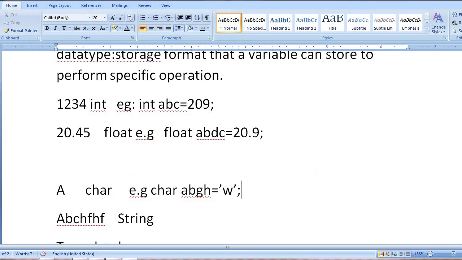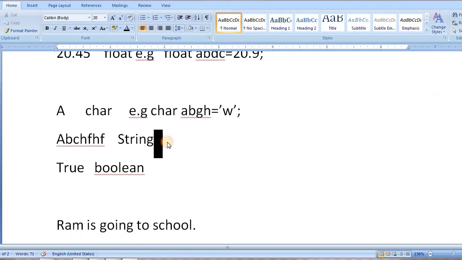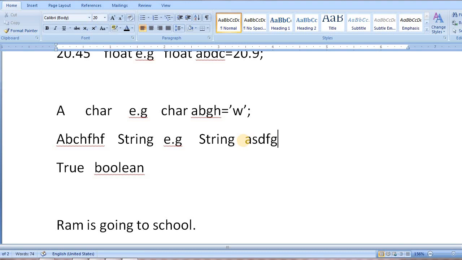For a number of characters, means string value, example: capital S, String, name of the variable is ASDF according to your choice, equal to within double quotes QWERTY something, double quotes close and semicolon.